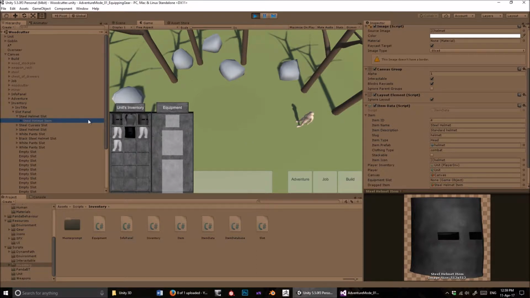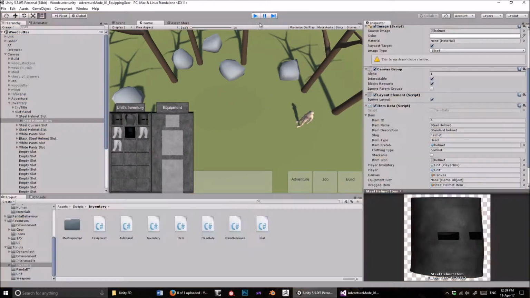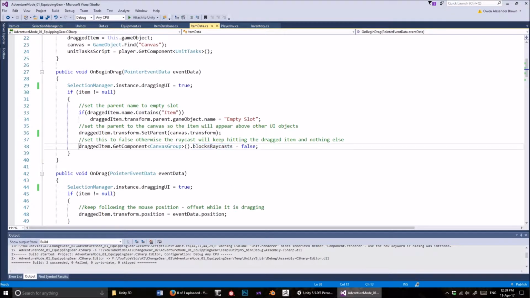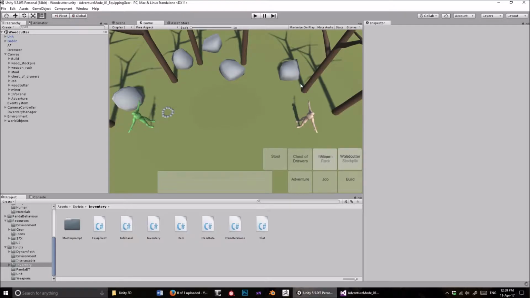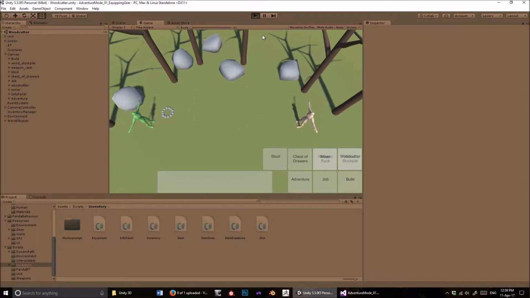But notice, oh, I didn't even grab that one. Okay. But see what happens to blocks raycast when I start dragging it. It's turned to false, right? And what that means is that while I'm dragging this, it's no longer detecting raycast from the mouse. And it's important that you do that, because if you don't do that, again, I'm showing you stuff line by line by breaking it and showing you what the result is. If you don't do that,